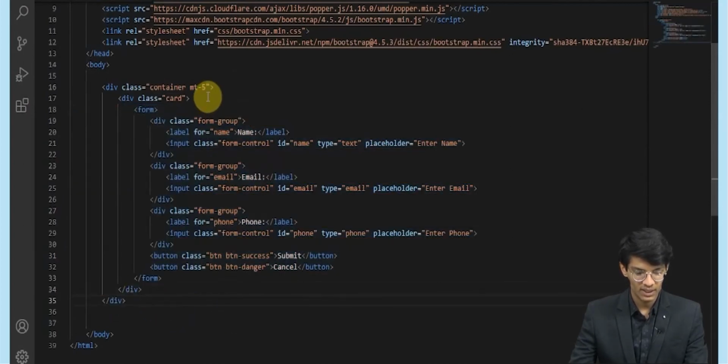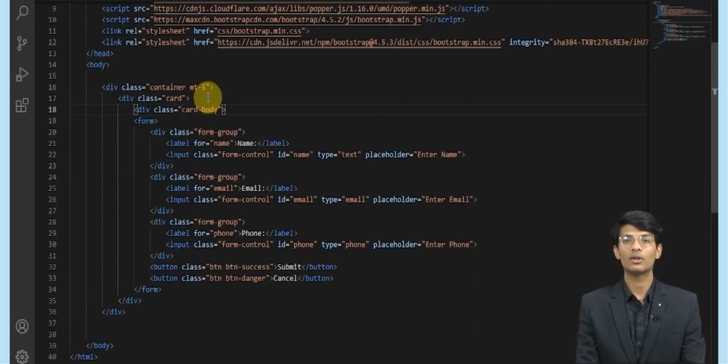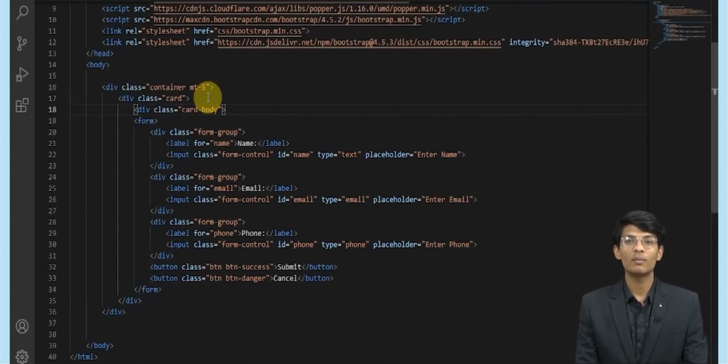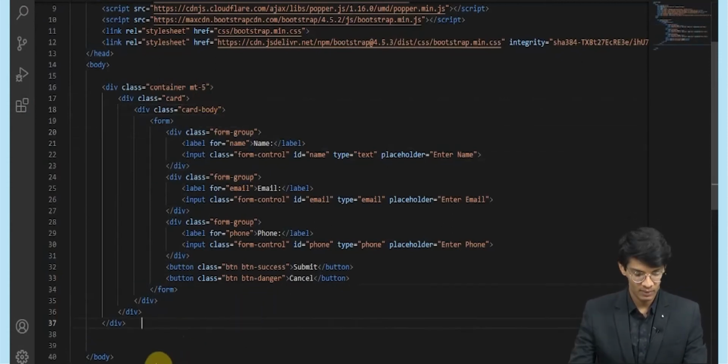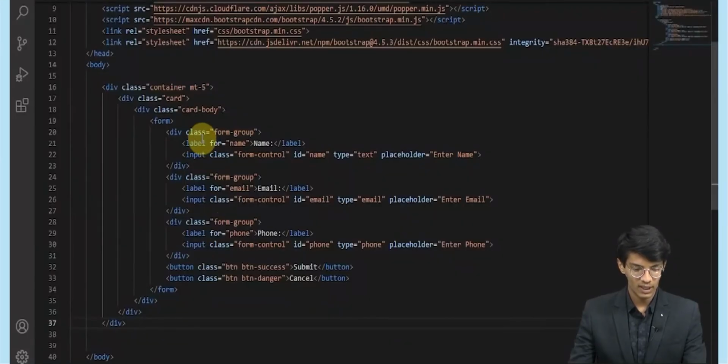In that card we can take class card body. If you have no idea what cards are, you can refer to the Bootstrap tutorials on Bootstrap cards. Now let's see. You get a card-like structure, so we will arrange it.